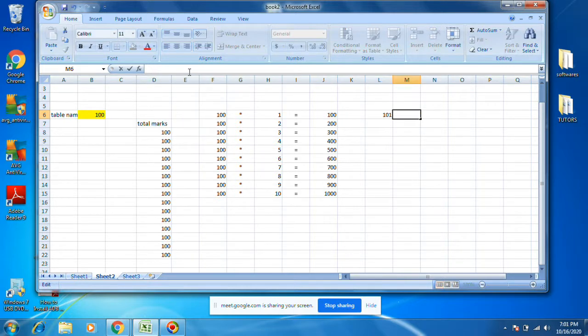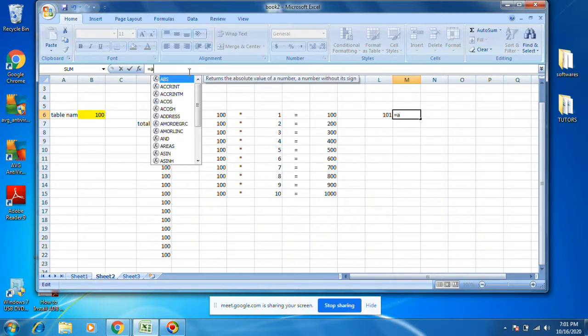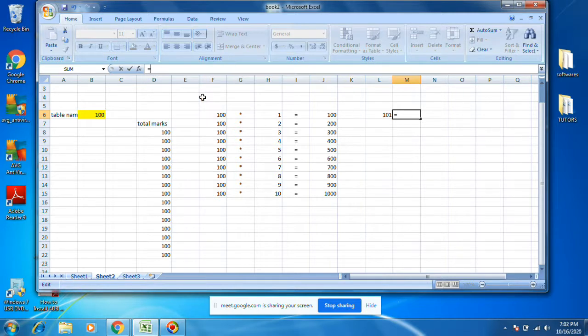You want to see how many functions are in Excel, like sum, max, min, like that. You see all these are the functions starting with A. Mathematical functions cos, sine, all this will be there.